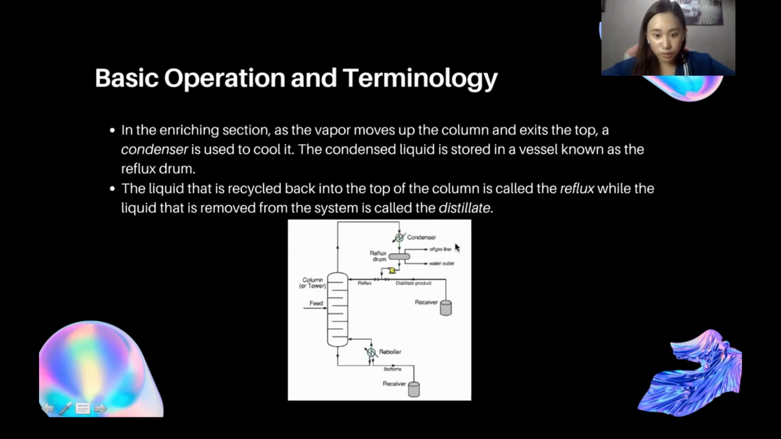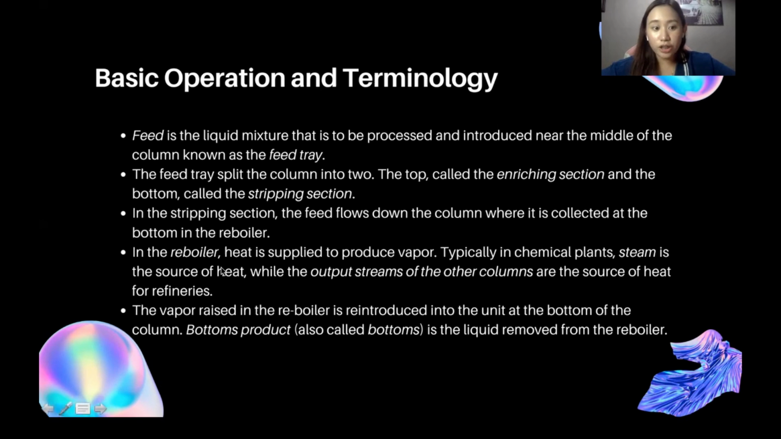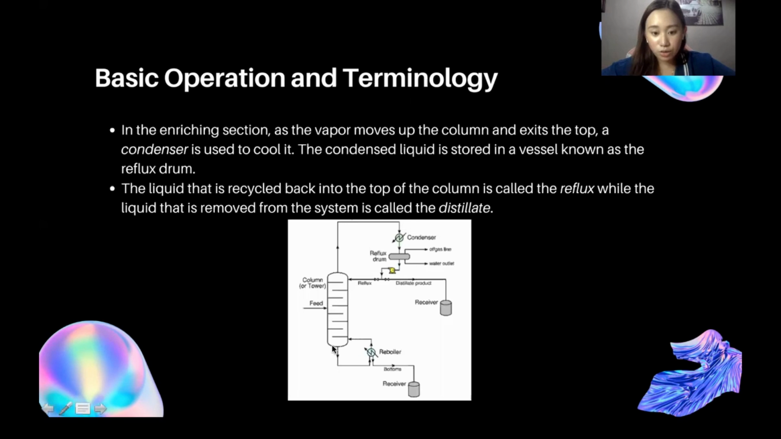So let's just focus first here. This is the feed. It is introduced to the vertical shell or to the column, and these are the trays. The trays that process the bottom side or the stripping section go through a reboiler. In the reboiler, there are two products. One goes back to the column to be processed again, and the one which is called the bottom product. And then next, in the enriching section or in the top section, as the vapor moves up